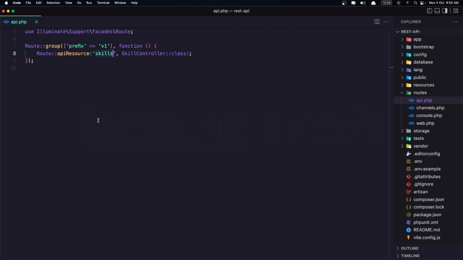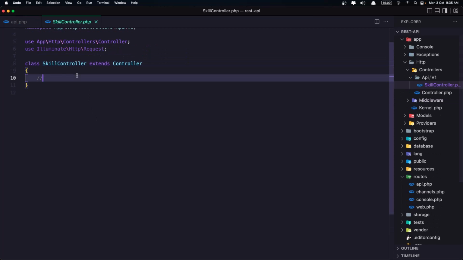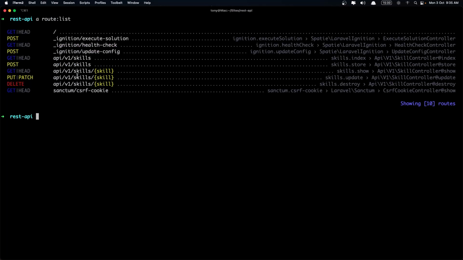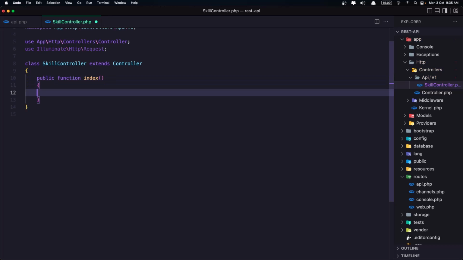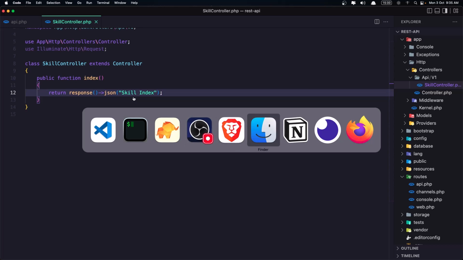Now let's go in the controller, and I'm going to create the first method because, as you can see here, we need the index, store, show, update, destroy. Now let's create the index method. And here I'm going to return response()->json and I'm going to say here a string, skill index, like this. If I save,